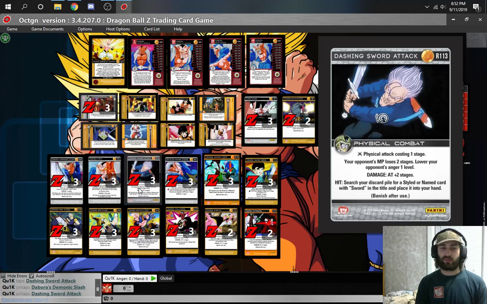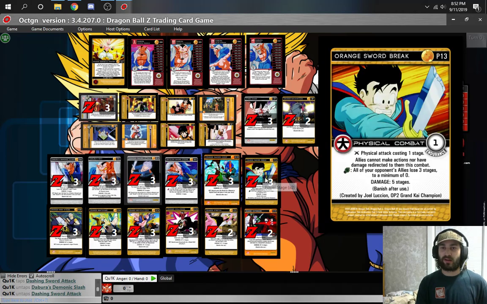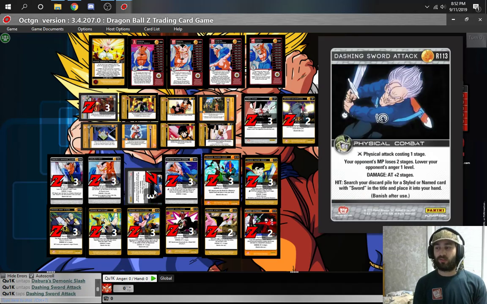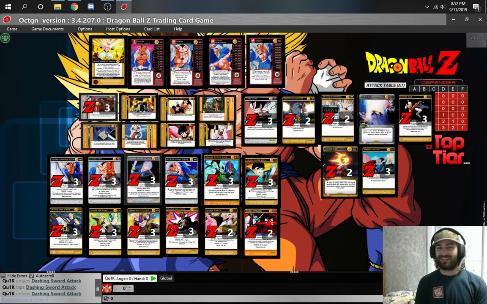All of Orange's sword cards are banished after use, unfortunately. So you're going to be using Spit a lot. So again, you're going to have to know when to drop these in your pile on passes and be careful about your pile. That's my one gripe with this deck is that Dashing Sword honestly sucks in this deck because the only thing you can